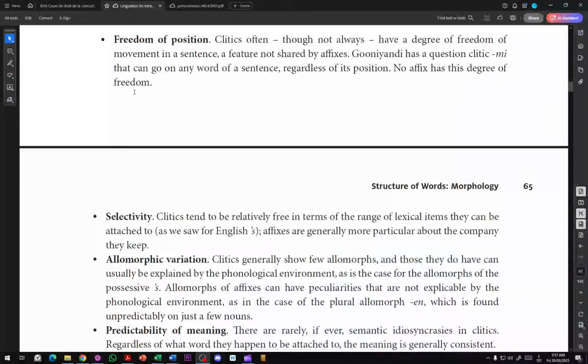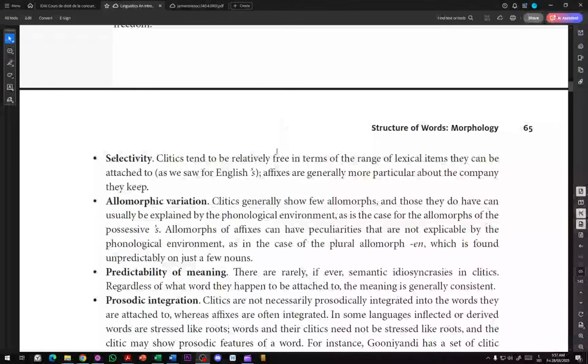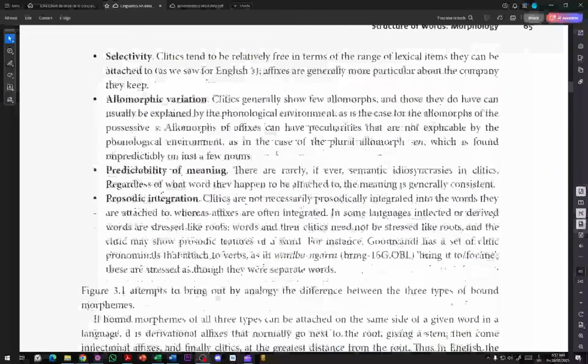Why didn't he give an example from English? I don't understand this example. Anyway,